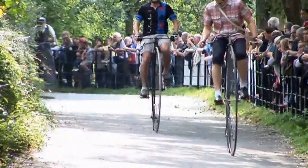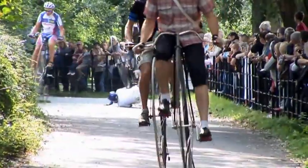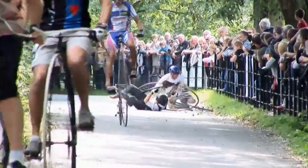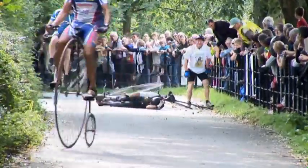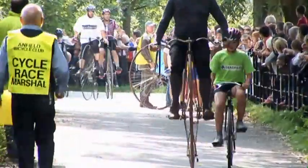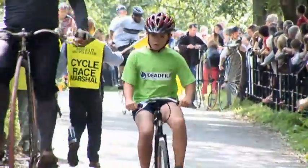So let's take a look at the incident in slow motion. You can see that Josef has caused the spill by taking the wrong line through the bend. Maybe something happened just before the bend, or perhaps he just lost concentration. The race marshal on the spot has formed the view that it was a case of reckless riding and therefore a red card offence. The marshal is telling Josef to go back to the pits and withdraw from the race,